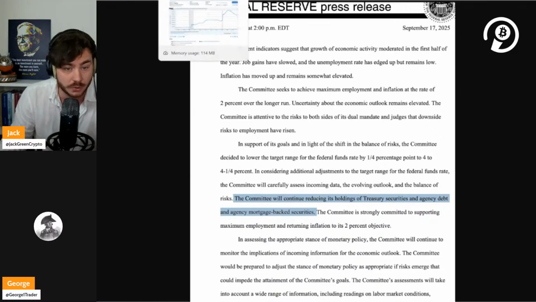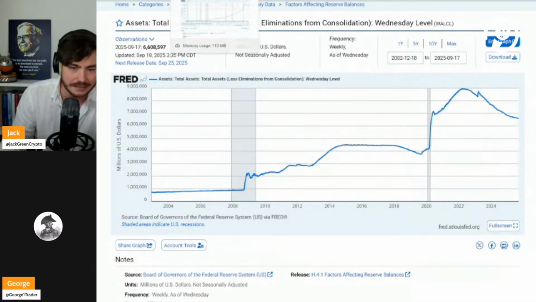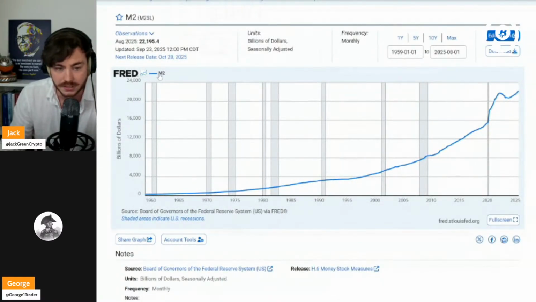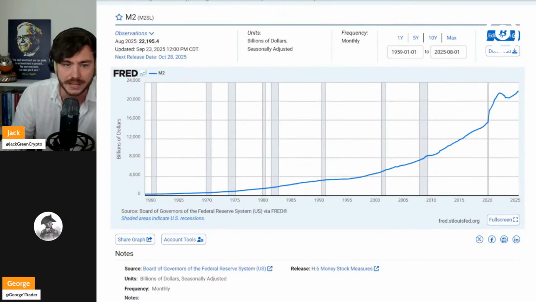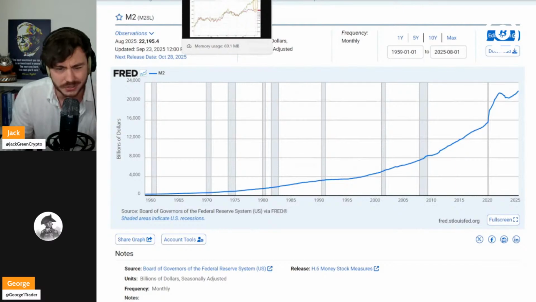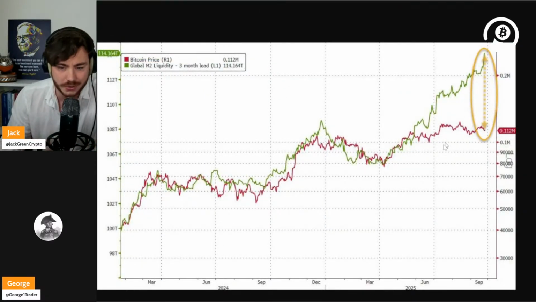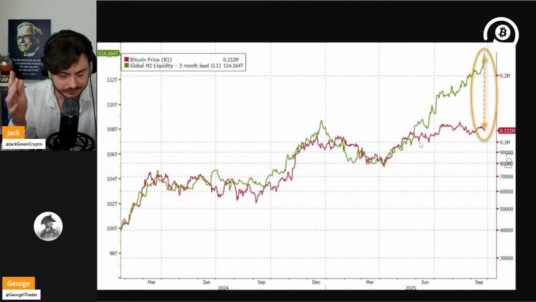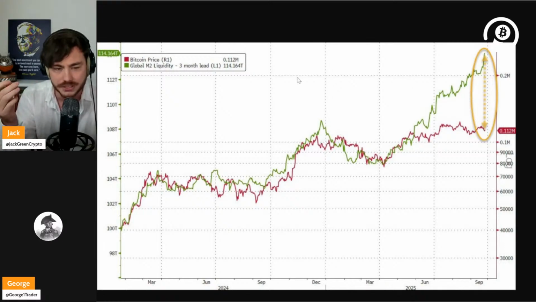That's just it. And if we look at the Fed balance sheet, you can clearly see they're still in QT and they're reducing their balance sheet. Only positive thing is that the M2 money supply is moving upwards and is making new all-time highs. I saw on Twitter, I think it was today or yesterday, this chart, which is showing that, okay, the Fed liquidity is moving up enormously, but the Bitcoin price is not following. So a couple of things. One of the things I want to say about this is that Fed liquidity is only about 40% of global liquidity. So it's not the full picture.